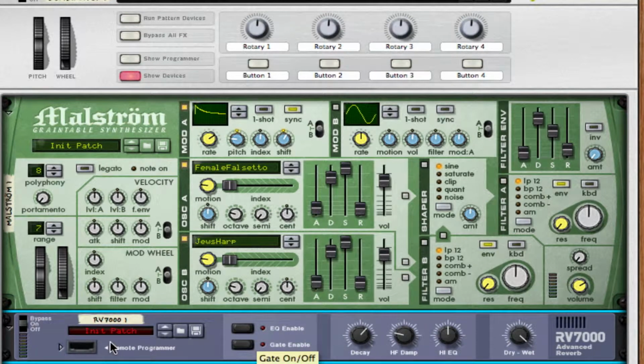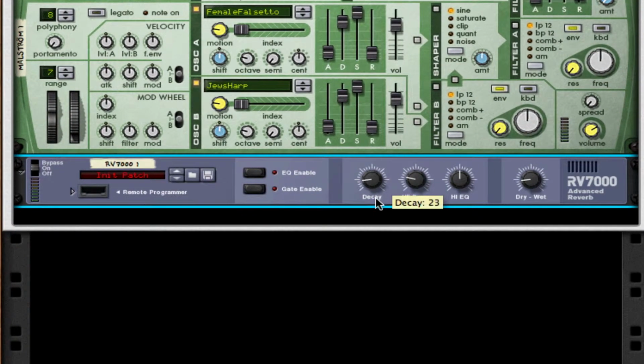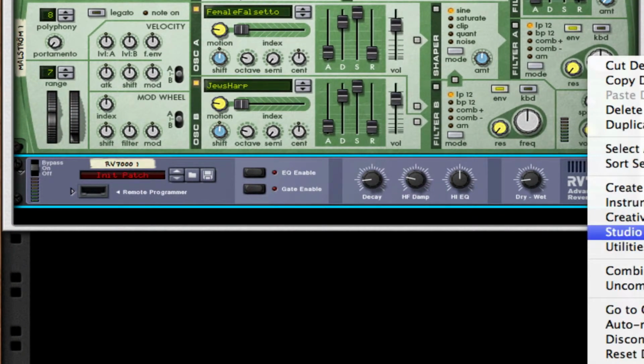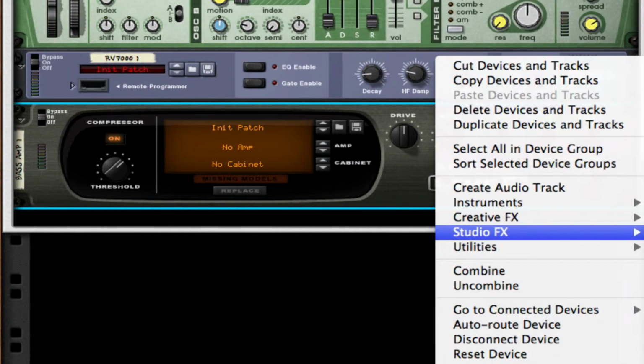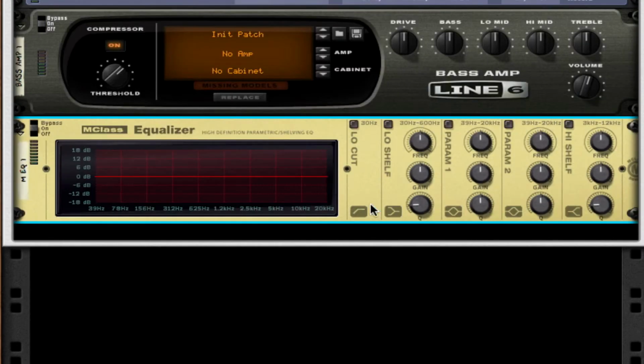So I've installed an RV7000 Advanced Reverb by just right-clicking on the Maelstrom and going to Studio Effects and choosing RV7000 Advanced Reverb. I'm going to take my dry wet all the way to 18 and my decay to 19. After this, we're going to create a Line 6 bass amp, just compress it. We're going to choose an M-Class Equalizer from the Studio Effects. We're going to choose low cut, parameter 1, parameter 2. For parameter 2, just take the gain all the way down and the Q all the way up. Parameter 1, take this about